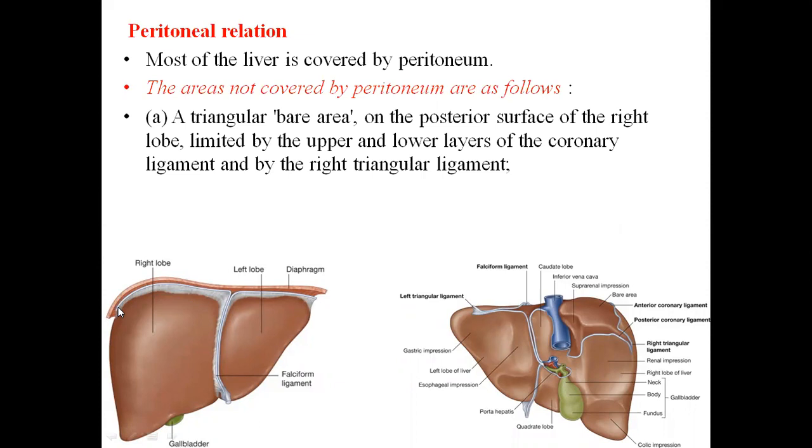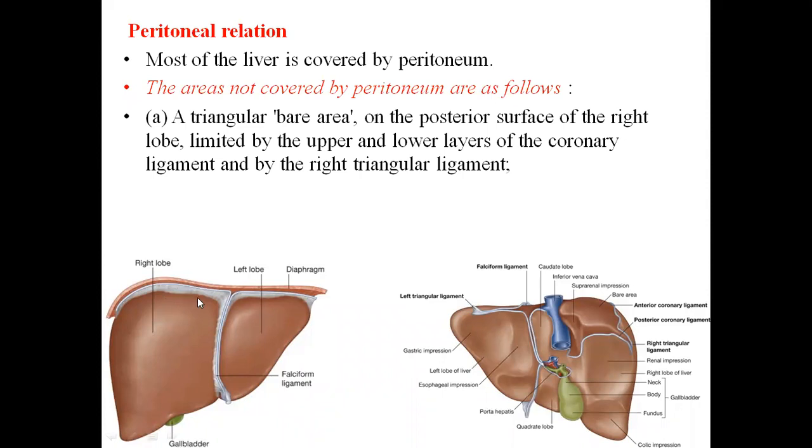Now what does that mean? Here we can see that the peritoneum that is covering the liver is reflected onto the diaphragm. That's what you're seeing here, right? But there's a particular area that is behind this area. In that area you can see that the liver is directly in contact with the diaphragm. That is why peritoneum is not able to go into the deeper aspect, because there the liver and the diaphragm are very close with each other, so it does not go there. That is why the peritoneum is reflected onto the diaphragm, right?